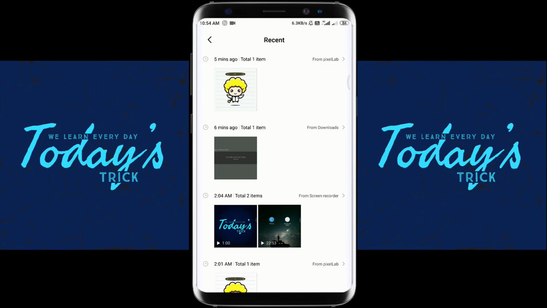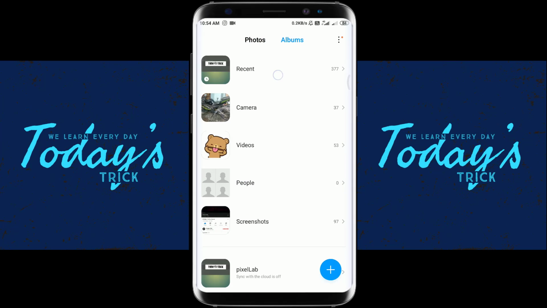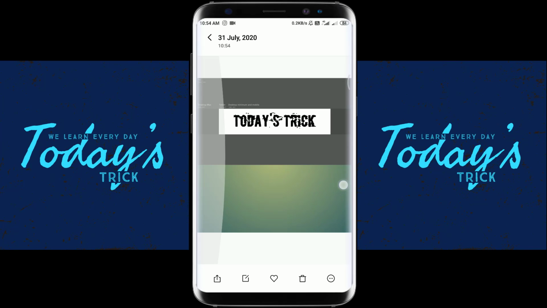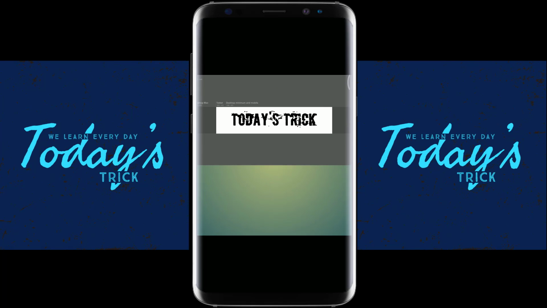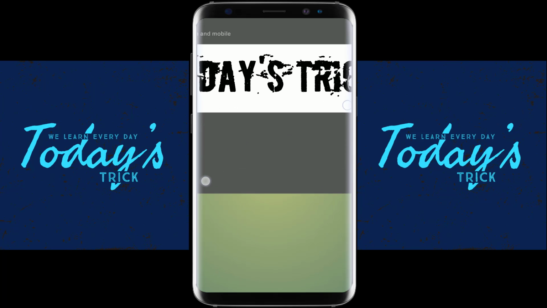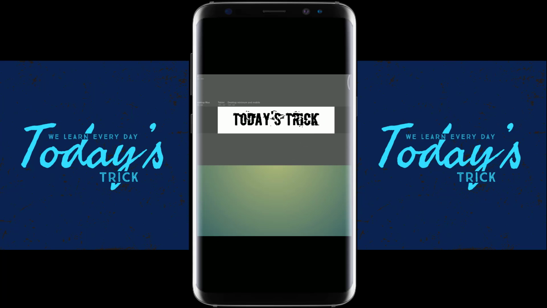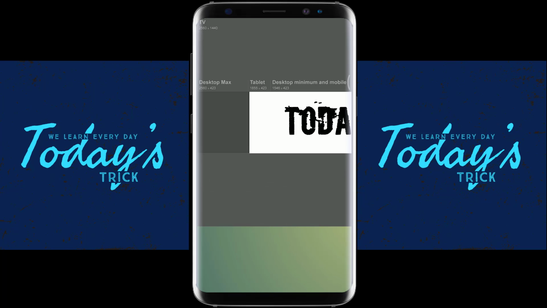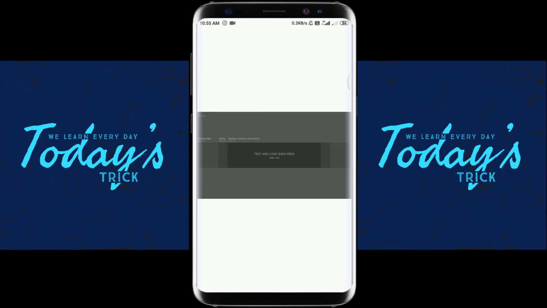Just a second guys, I need to refresh the gallery. As you can see here, the below green part is also showing here. That's the problem I'm telling about. If you crop it, it might lose its quality and everything. How to solve this problem, I'll show you. Just see how many dimensions this picture is. 2560 by 1440. For example, the original one here.